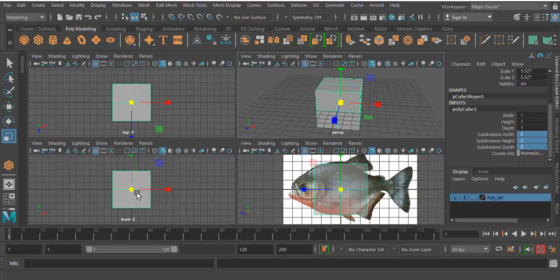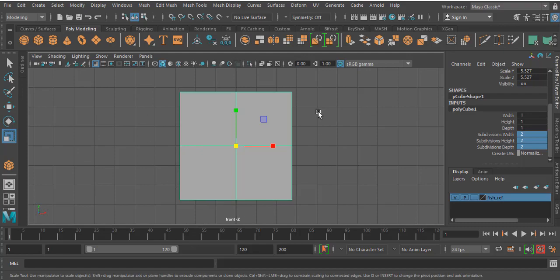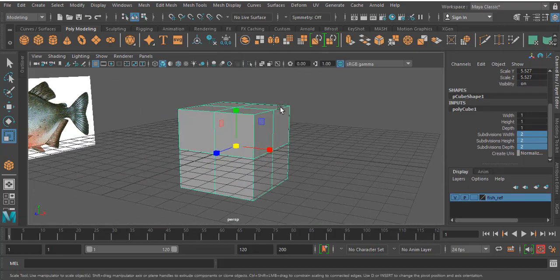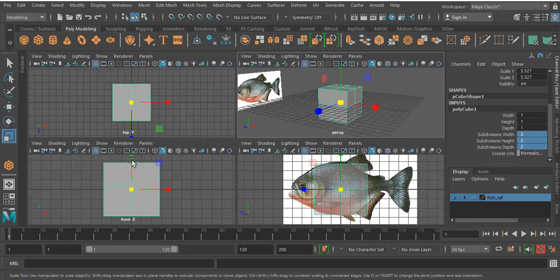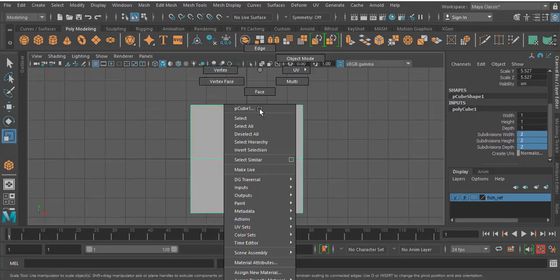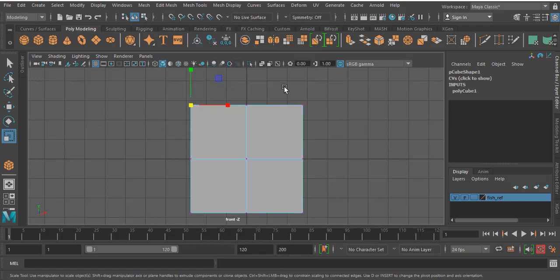Why did I create this? Because I want to create the fish with a round, cylindrical kind of surface over here. It's not exactly cylindrical, but I have to do it. So I'll select these four corners. This is the front view, just imagine this is the front view of the fish, because here I am using only one reference image. Normally we use two or three reference images, like top view, front view and side view.